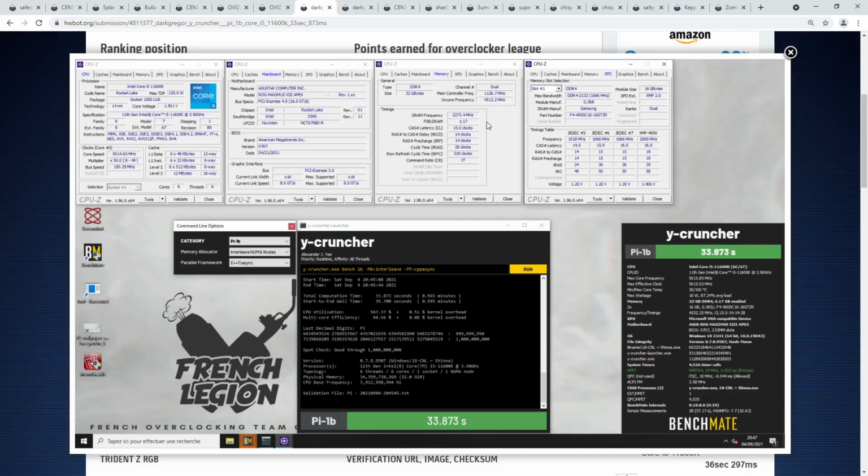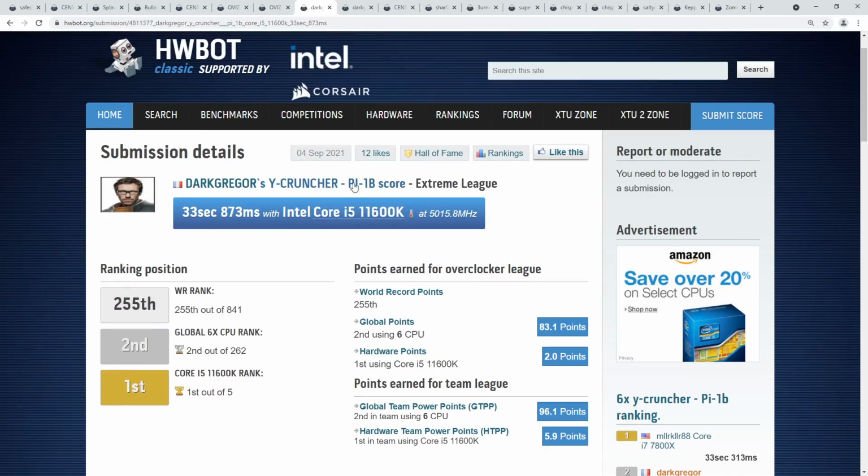Like the world record for memory overclocking, right? That's basically the world record memory overclock for single channel operation, just for the sake of saving a CPU-Z screenshot, not actually being able to do anything with it. But still, a very impressive score from Dark Gregor and Y-Cruncher here, and it'll be interesting to see if the